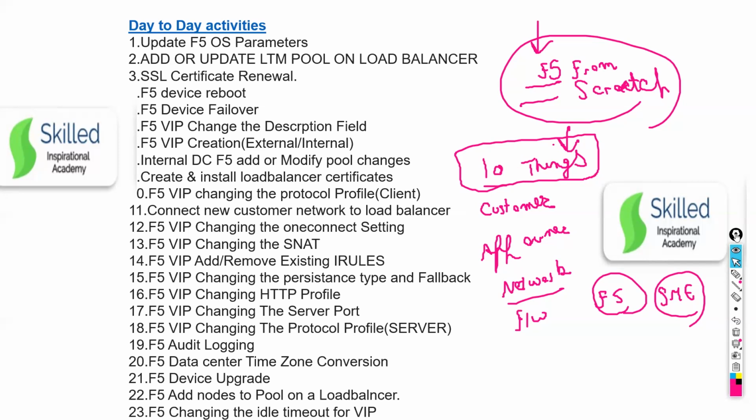Yes, sir. First of all, this is a very important question, very critical. I'm trying my level; maybe I could be wrong somewhere, so please correct me. First of all, we have to ask whether we are going for the hardware F5 or the virtual edition based. And how many,